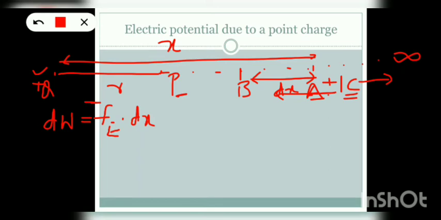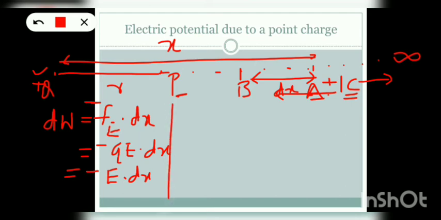Now we can go for the substitution. You know the electrostatic force is qE, into dx. We know what the charge is here, plus 1 coulomb. So instead of q we can substitute 1. So you will get minus E, since q is equal to 1. So you will get dW = minus E dot dx. So this is the small work done.